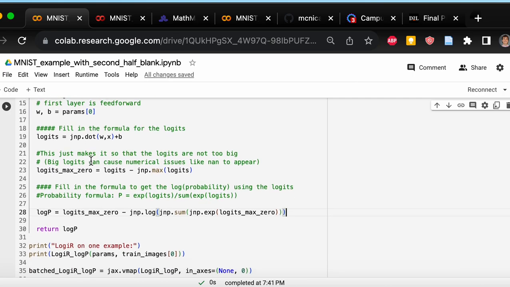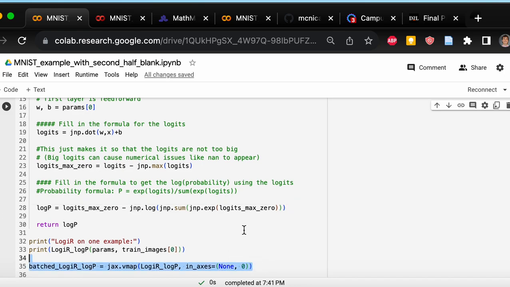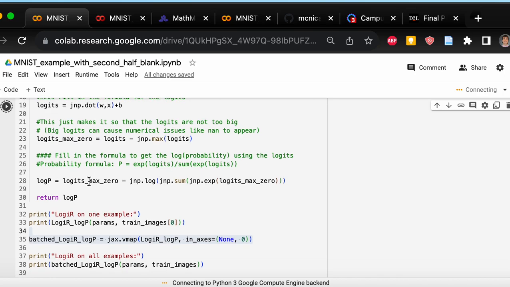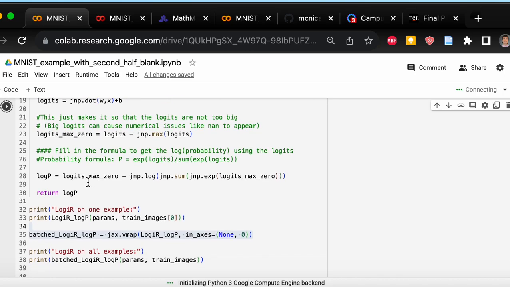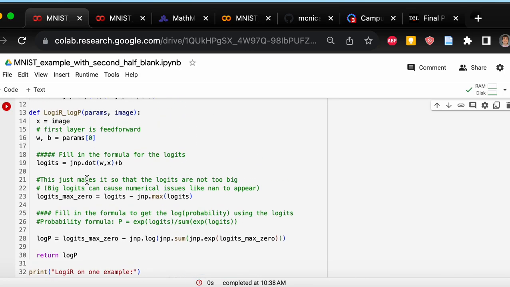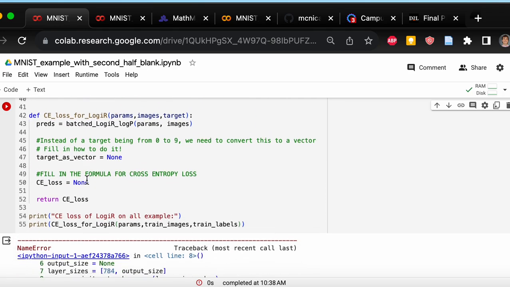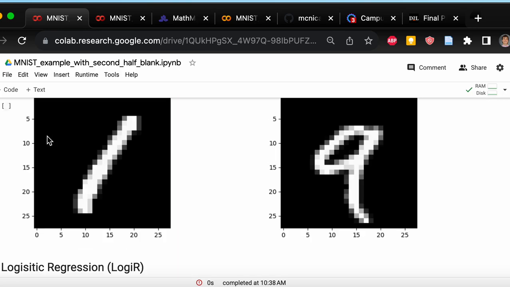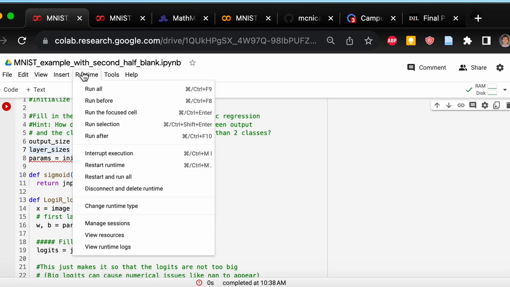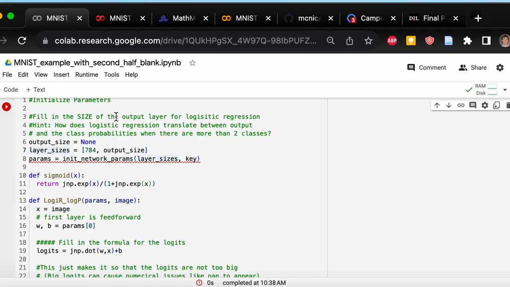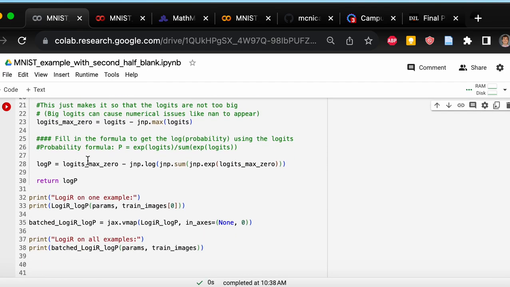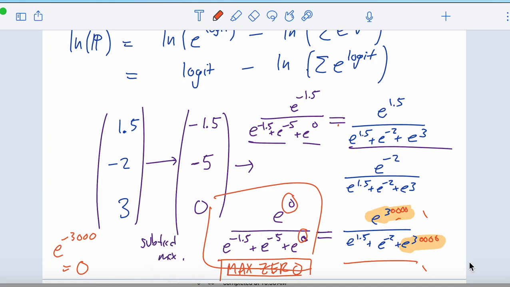And that's working. And I V-mapped it, so now it works on a full batch. Let's run this again and make sure things are working. Okay. It died. I think it died. Oh, okay. You know what? I'm just going to run everything, I guess. Runtime. Run before. Okay. While this is running, let's work on the next thing, which is before, when we were